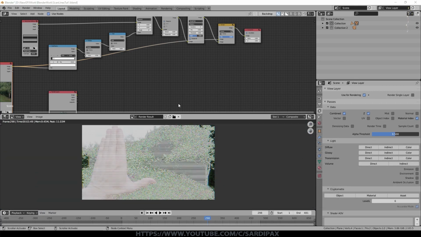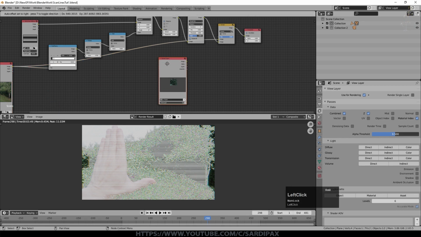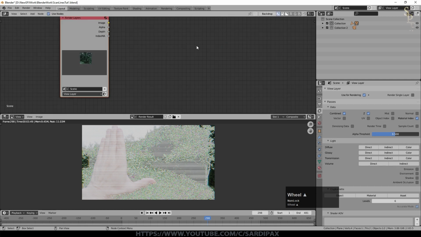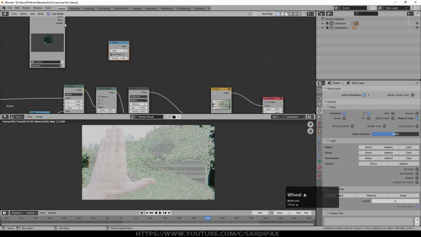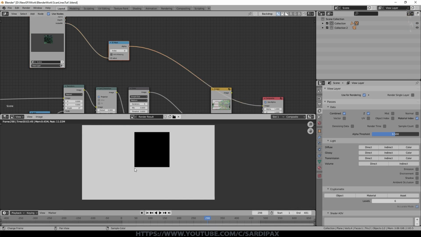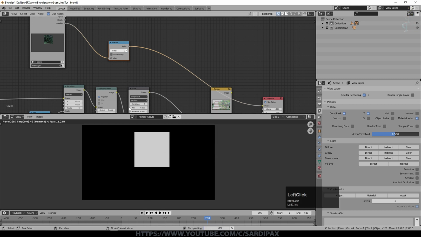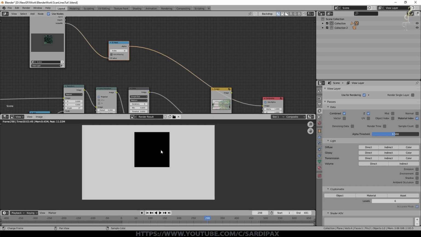Now, obviously, what I also wanted to do was only have the image where that plane was. So we haven't brought that into the effect yet. So let's put that up here. And you notice we've got an extra line on here called IndexMA. So you can create a mask directly from that with an ID mask here. So if I take IndexMA and I put that into here, you may remember I set that material to 1. So it's set to 0 at the moment. I'm just going to plug that straight into the image. And you can see we've got a black square at the moment. If I put that up to 1, it's the other way around. And if I go up to 2, it's not there. So 0 really just selects everything except for the mask.